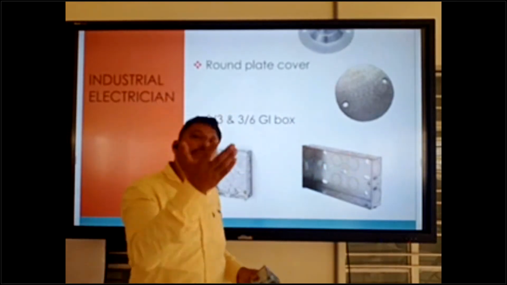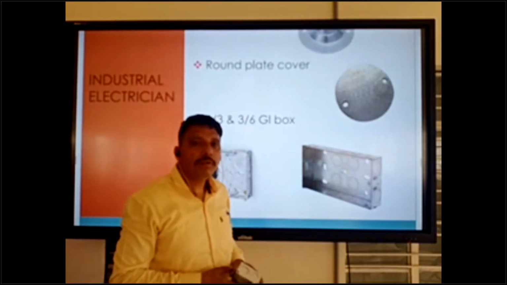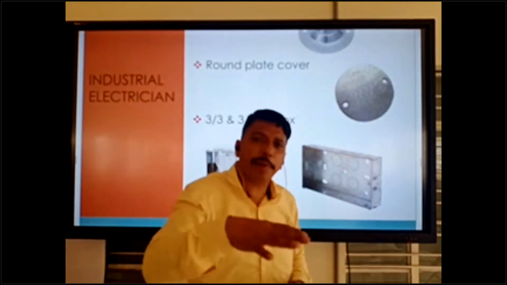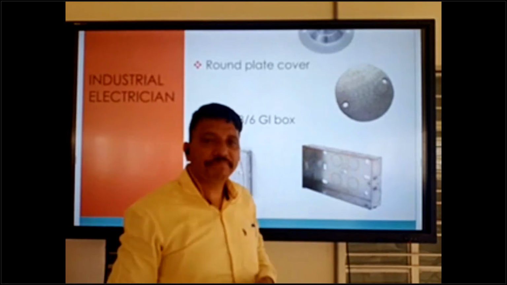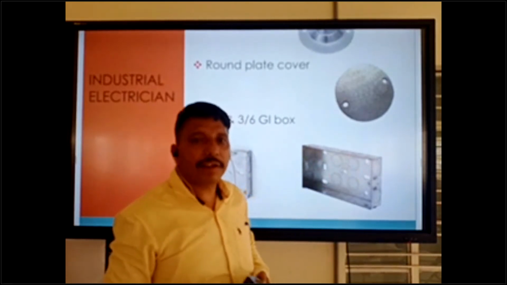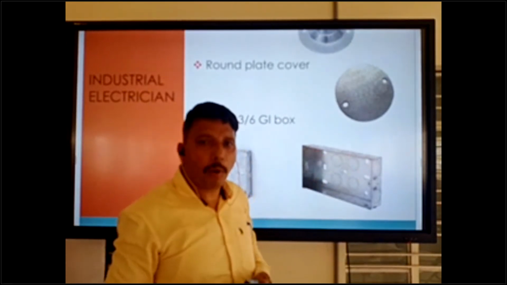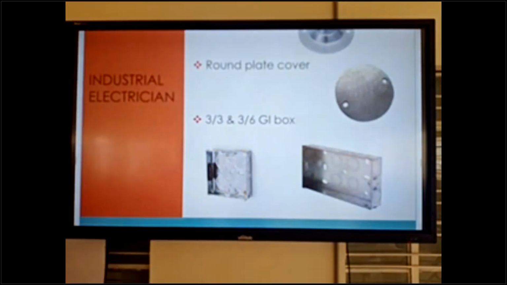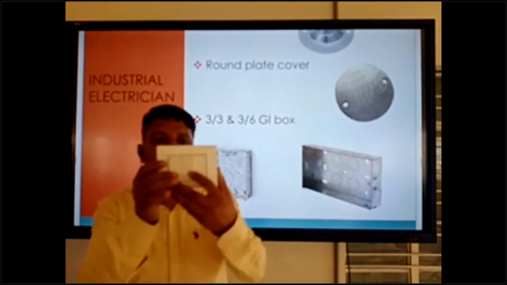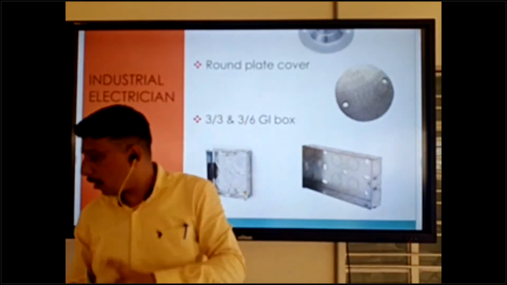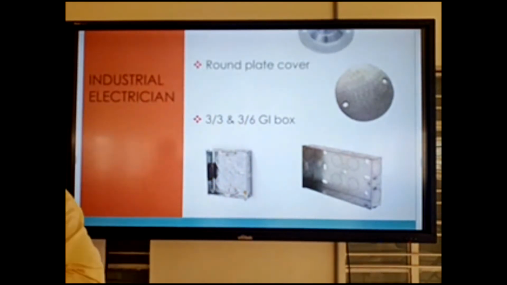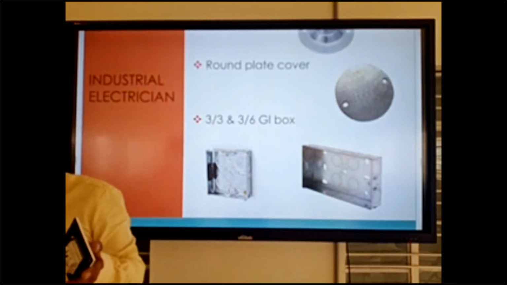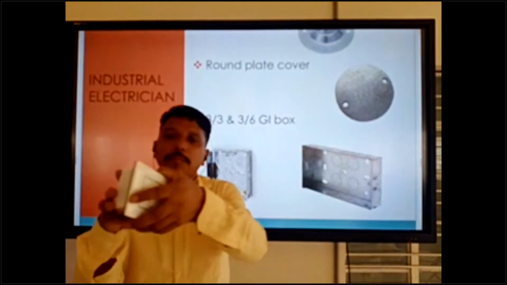But if more than one switch is coming in the same place, two or three switches, we can use the 3x6 GI box. We can fix like that. So this type of box we can use for bigger ones.